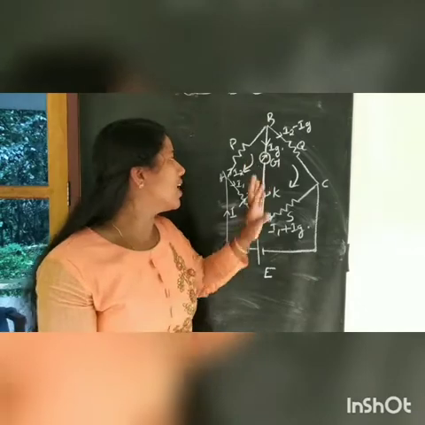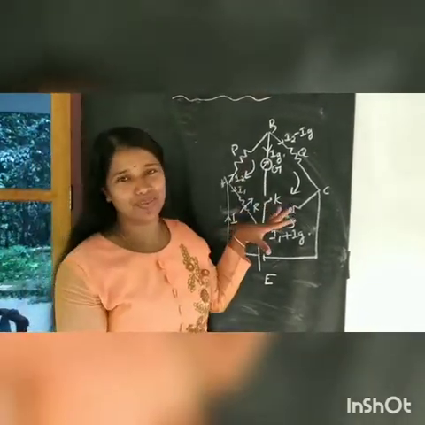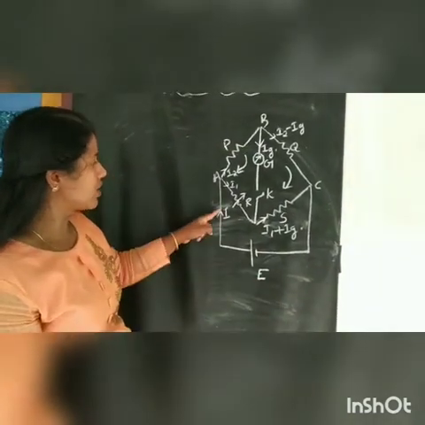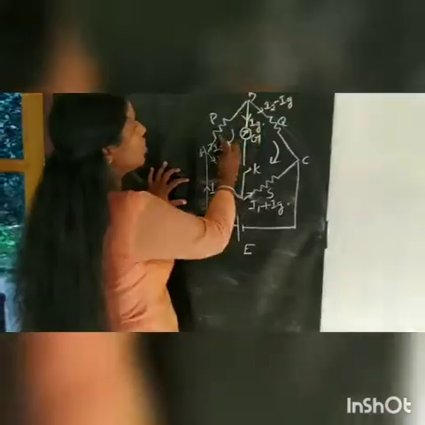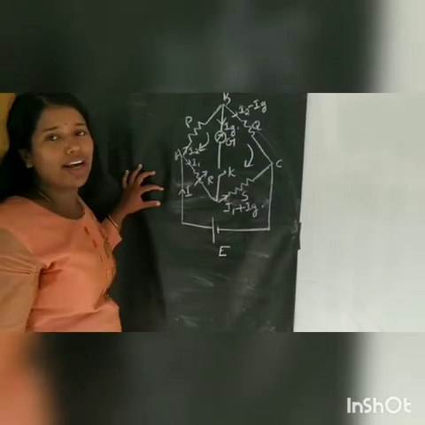In the other case, the two resistors are standard resistors. It forms like a bridge. This is our circuit diagram. This is the cell with EMF E, and this is the current I. On this side the current passes, this side is I1, I2. Here is the galvanometer current, that is IG.